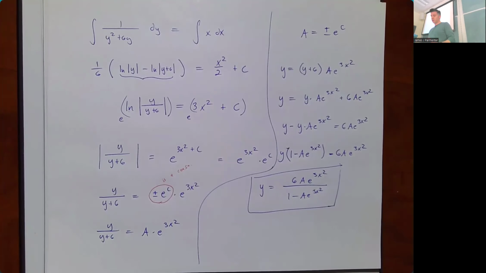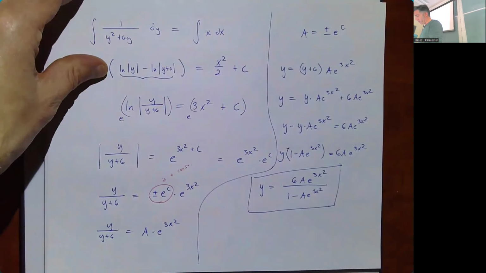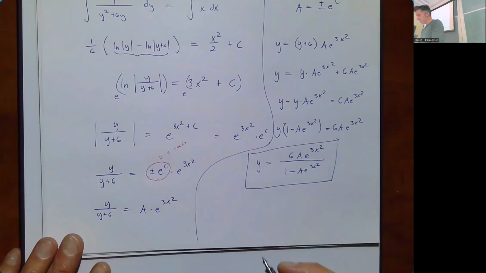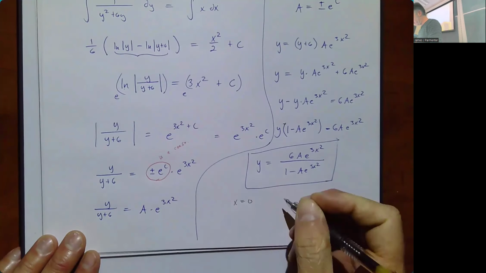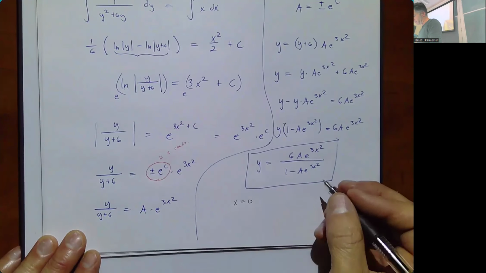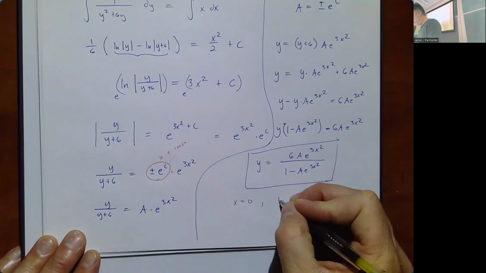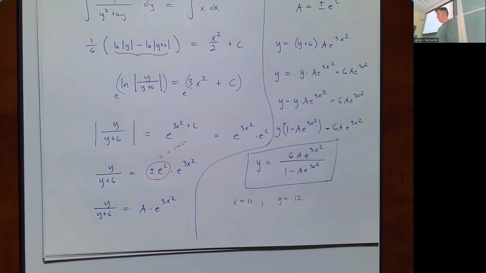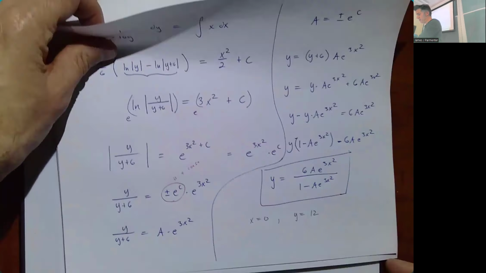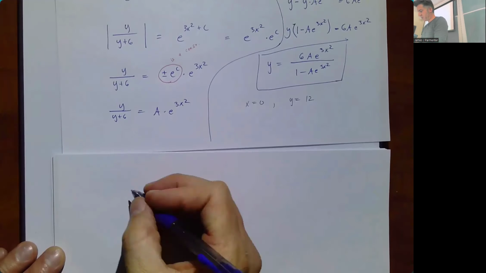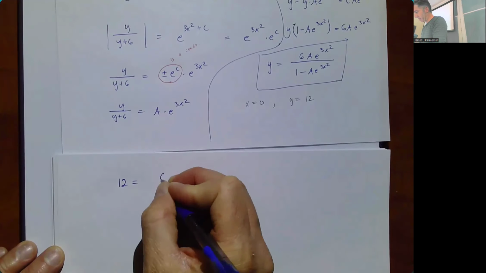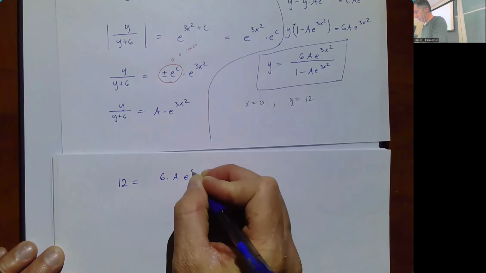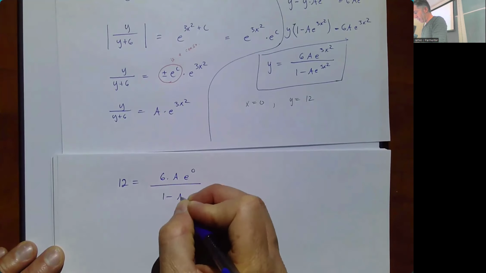Well, so let's say we had an initial condition here. Let's say at the end of the day, someone just told us our initial condition was that when x is equal to 0, y is equal to 12. So then we can find a. If we do that, we're going to say, well, great, 12 is equal to 6 times a times e to the 0 over 1 minus a times e to the